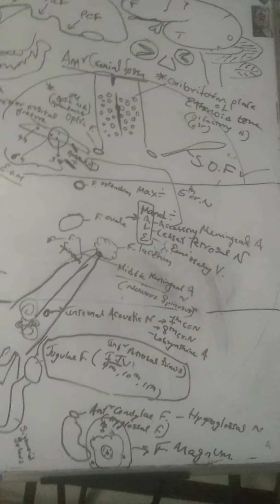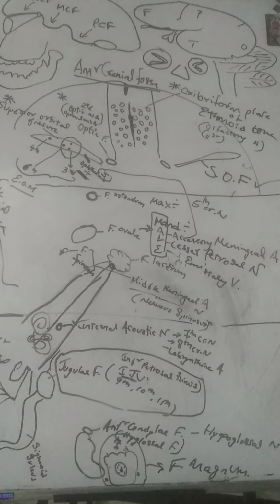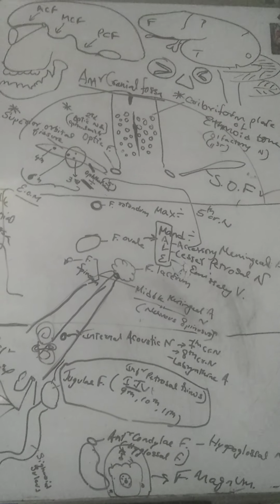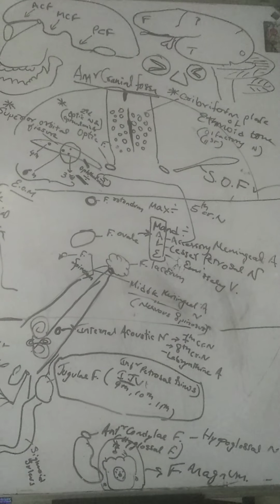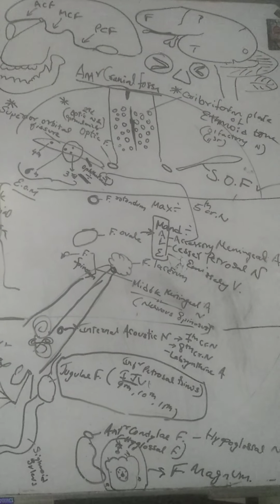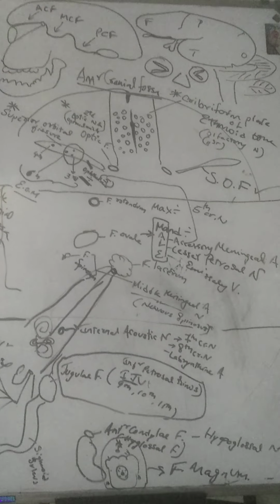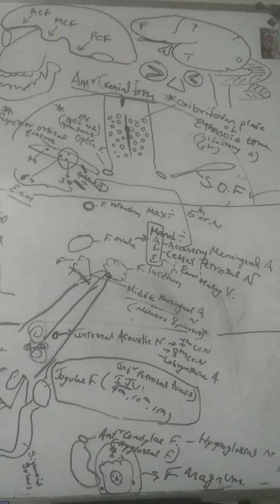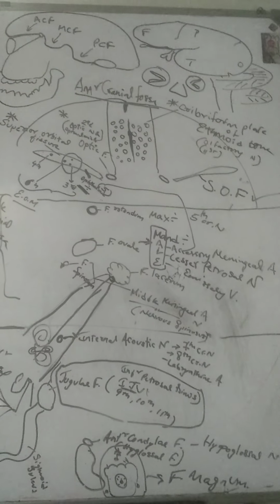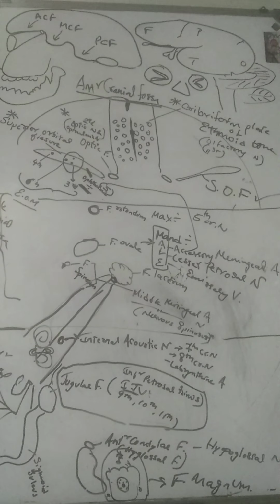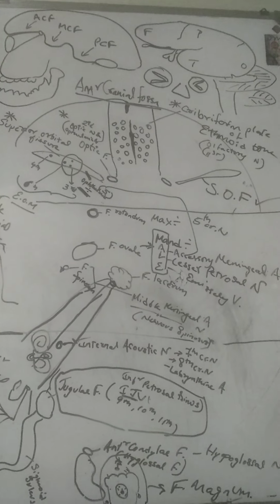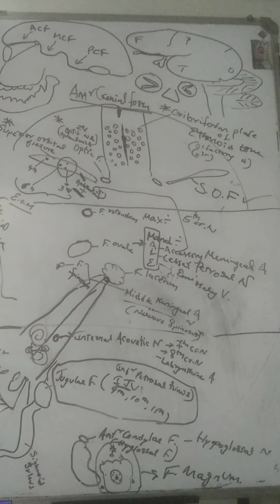Last but not the least, the major foramen is called as foramen magnum. It's the largest foramen in the skull, therefore called as foramen magnum. It has got anterior compartment, which is osseo-aponeurotic, meaning bone and connective tissue fibers are there. Posterior compartment, neurovascular, because nervous tissue and blood vessels will be there. In the anterior osseo-fibrous compartment passes tip of the odontoid process of axis, apical ligament and alar ligament of the axis, and upper band of cruciate ligament and membrana tectoria, if you can remember that.